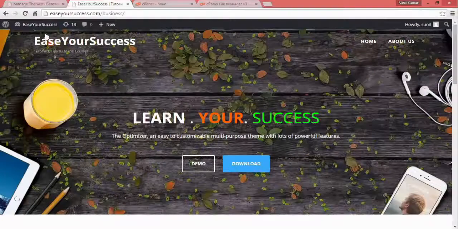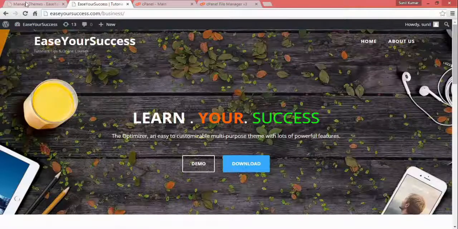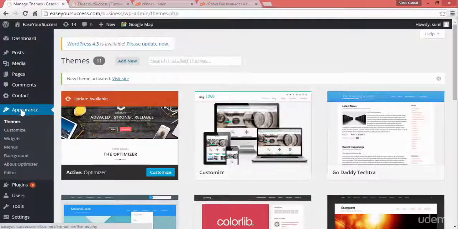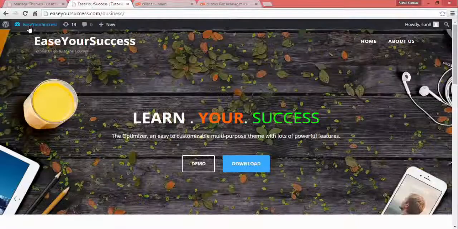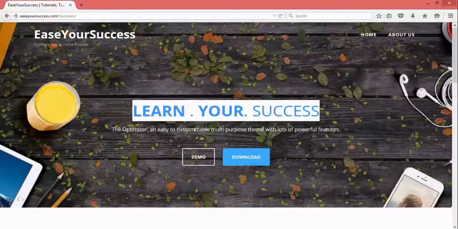So let's see how we can modify this according to our need. Let's go to WordPress. You can go to the dashboard, then go to Appearance and click on Customize, or directly from here you can click on Customize to customize this theme and restructure your website content. When you click on this, you will get the customizer option. With that we can customize this website, which is looking like this right now.